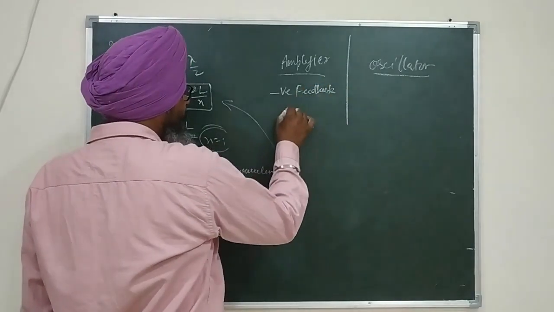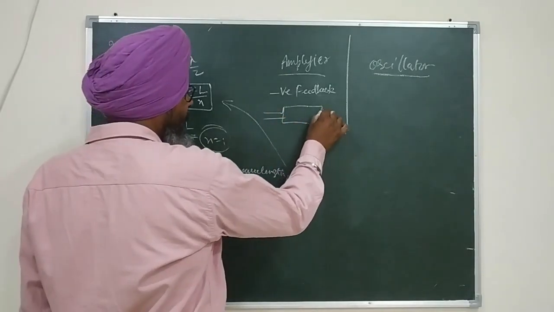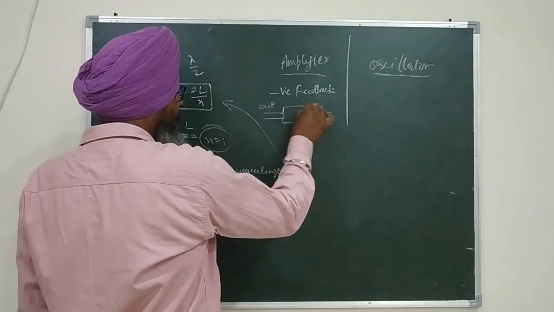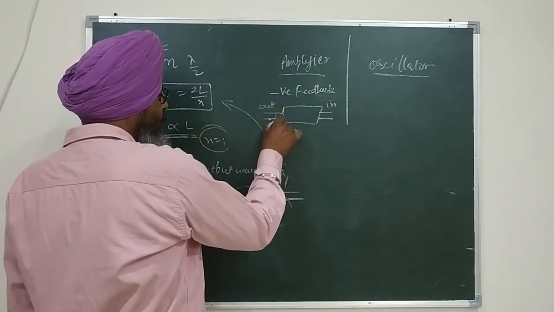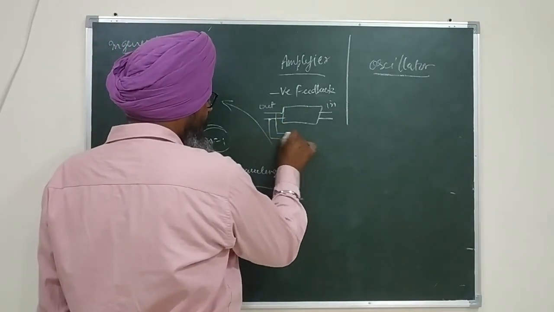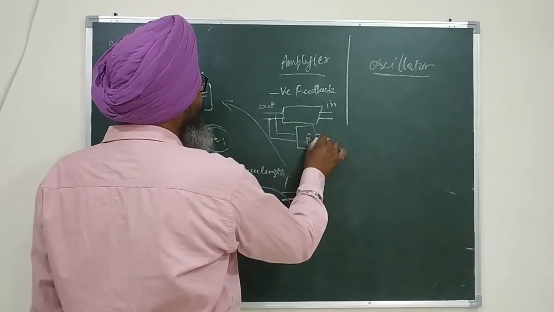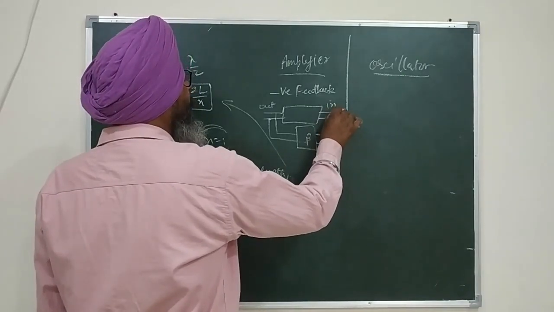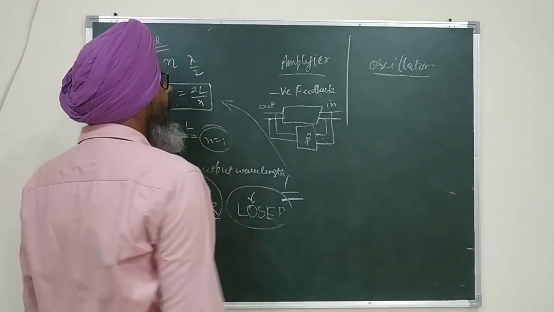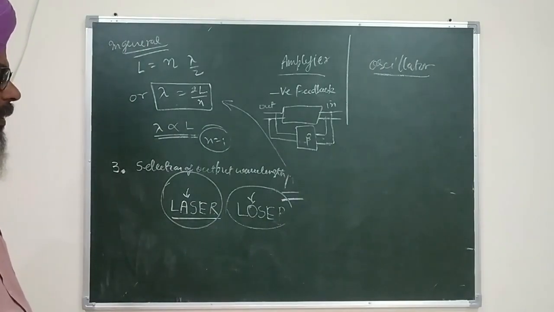What is feedback? Feedback is a process in which, let us say these are the input terminals, and these are the output terminals. Feedback is a process in which some portion of the output signal is transferred back to the input through a circuit. That circuit is called a feedback circuit, and the gain of the feedback circuit is usually written by the symbol beta. So the overall gain of the device is written by the symbol A. Feedback gain is represented usually by beta.